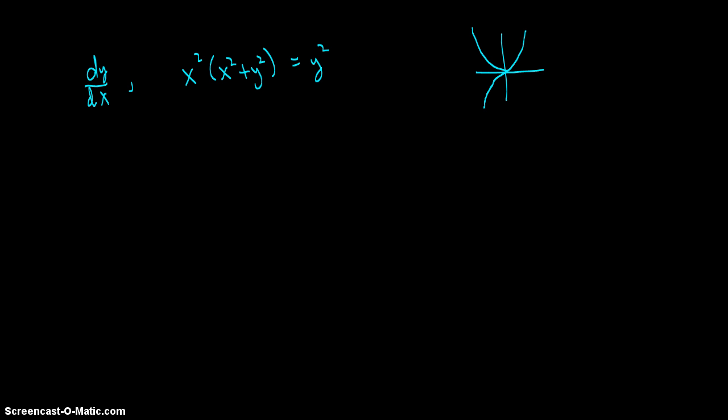It's what's called a lemniscate, and dy/dx will tell us the slope of the tangent line to the lemniscate at any point. The method for finding dy/dx is implicit differentiation,